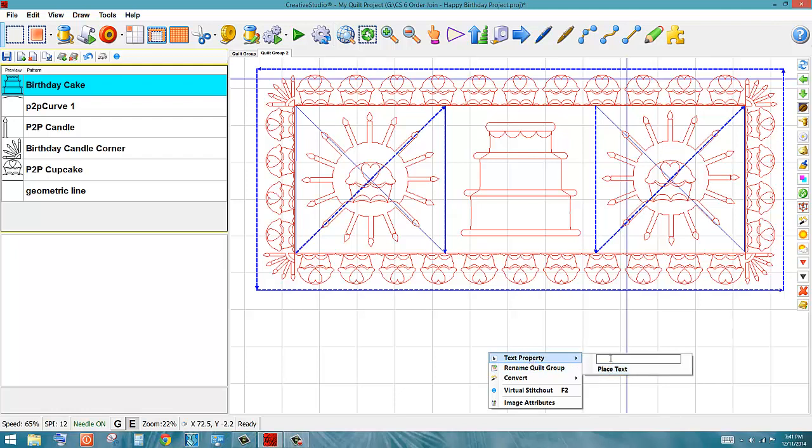I'm going to type capital letters, sweet. Place